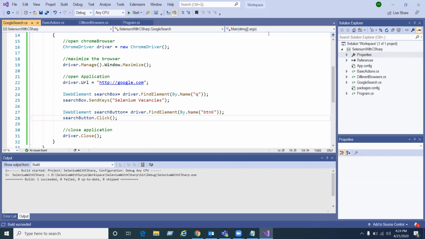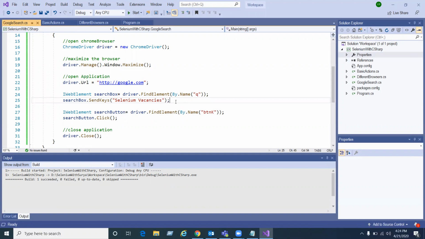If because of network issues, internet or some application issues, the script is executing fast and the application is not behaving properly, then your script is going to fail. In this case also, after entering Selenium vacancies, it shows the Google search button.